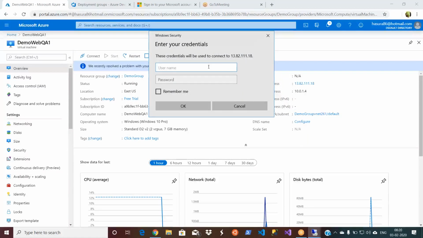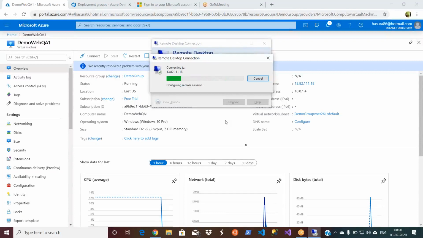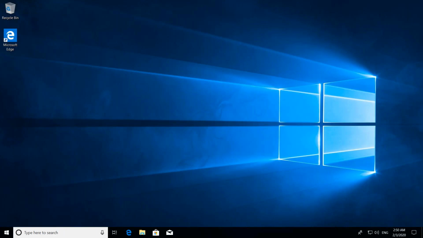This IP address has changed because I didn't preserve it. So let me log in again. Give the credentials. So the new server, right? I made it part of my deployment group before I came here because again it takes another 10 minutes. You already saw that. A QA group. So we have one for the dev group, another for the QA group. So I just added all these three servers to the QA group.